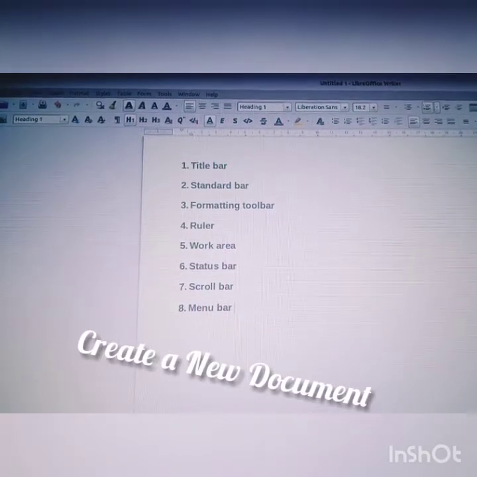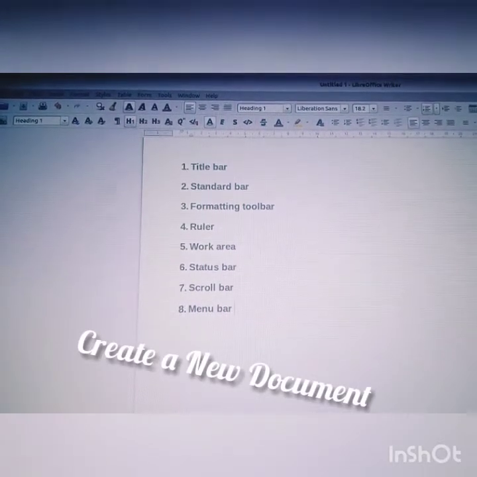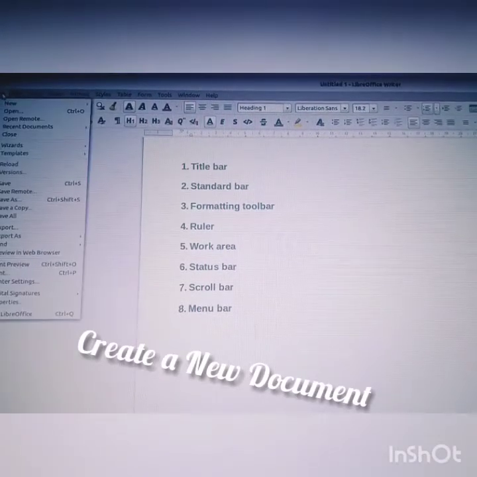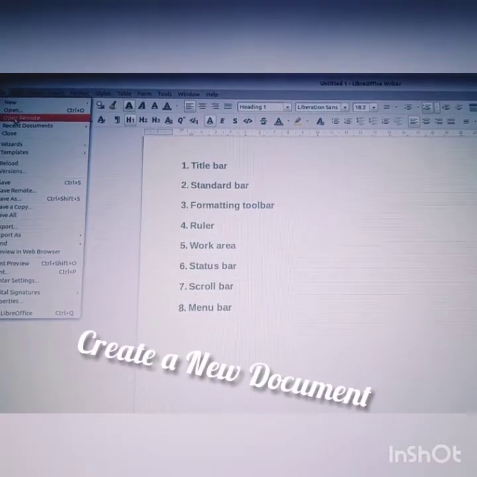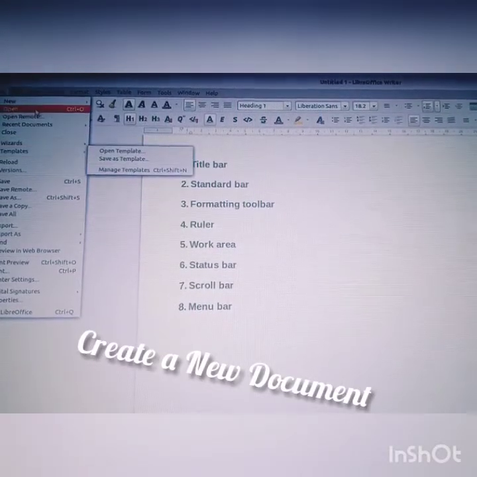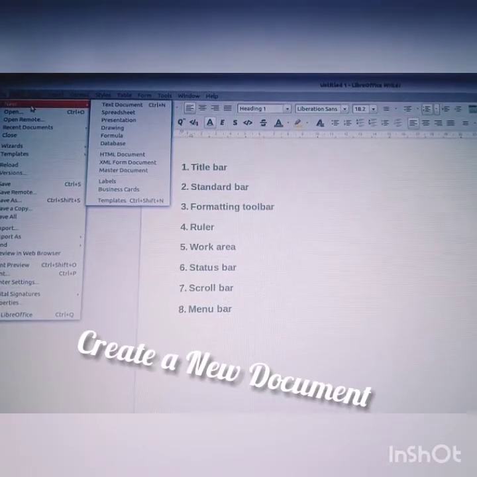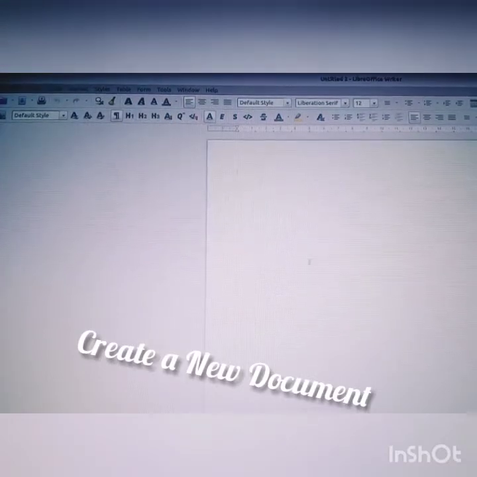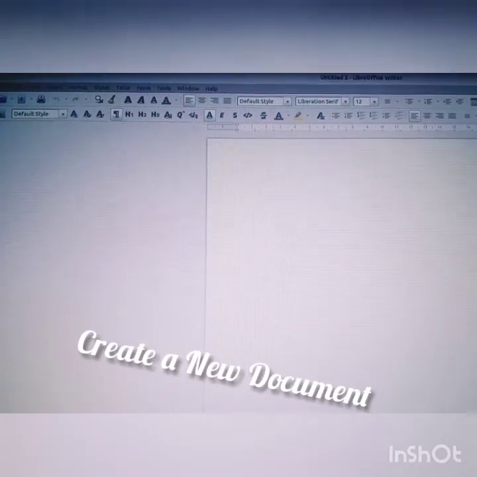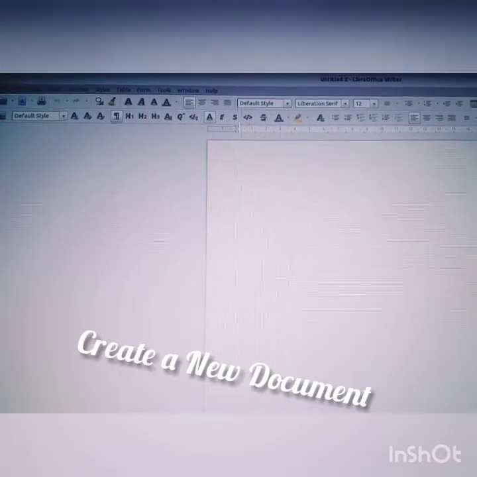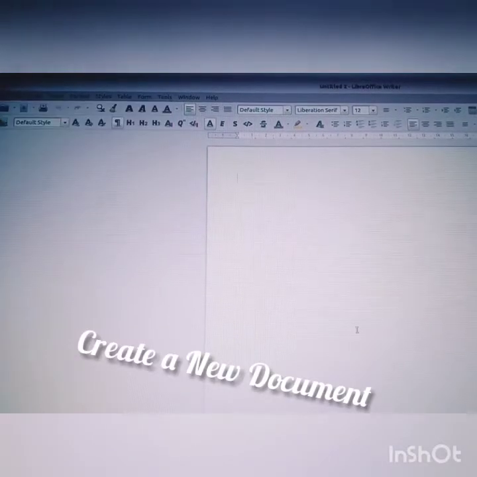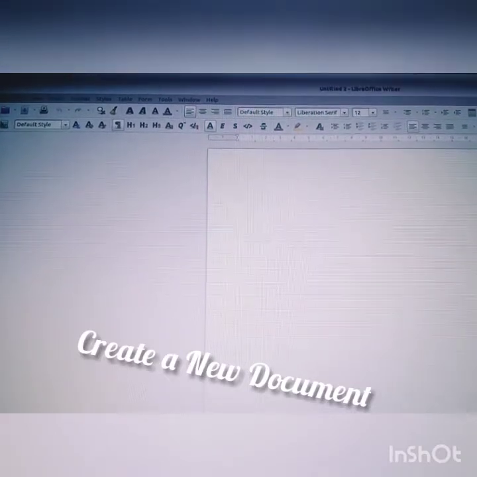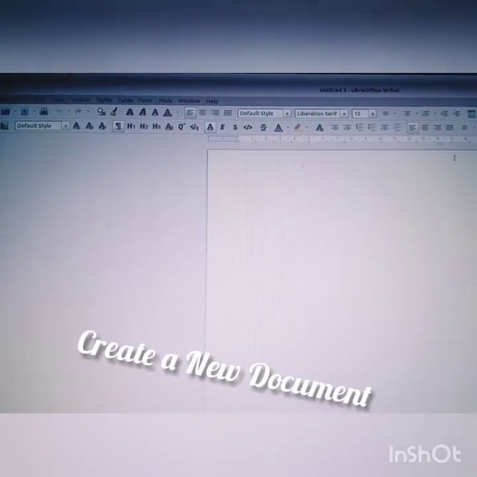Then the next one is creating a new document. Your textbook page number 34. Okay, creating a new document. That is how to create. Go to file option, click on new option. Can you see there new? Yes, new is here. So select new text document from there. Then a new document opens. This is how you open a new document. There is a shortcut also for that. Just Control and N, you will get it. If you just click Control and N, you will get a new page.